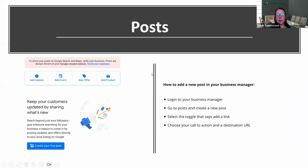Now, let's talk a little bit more about posts. So I kind of mentioned posts. This is how you are going to build out a better algorithm on Google. So if I go in and I just put my information in there and I walk away and I forget it and I don't do anything else to it, it is going to be a less searchable platform for me. So then what you're going to do is for your posts, you are going to get in and you are going to